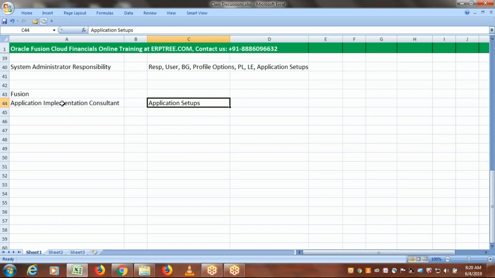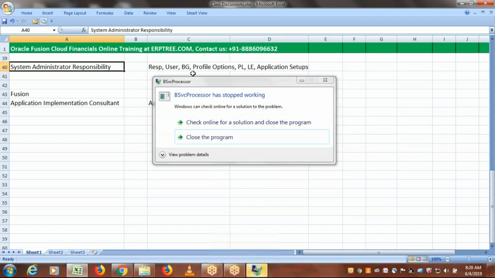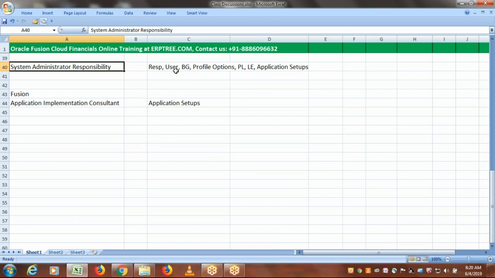But if the user is able to create any application related setup, that is not enough. That user should have access to other users' creation if required. Yes, definitely as a part of implementation we have to create many users, and we have to assign the roles to those users to perform certain transactions based on the application and their job in the organization. So that sort of access is also required. In case of system administrator responsibility in EBS, yes, user can create responsibilities, user can create the users, user can assign the roles to them, setting up profile options, etc. All can be done. But